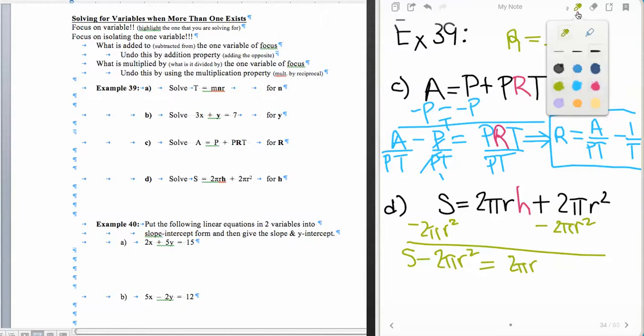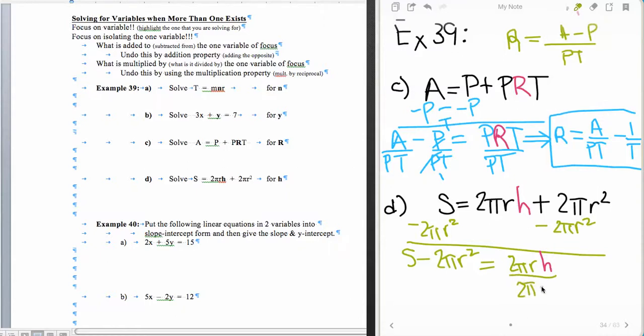And just like I said before, in this case I'm going to multiply by the reciprocal in order to get rid of this, but on the right side, or on the left side, I'm sorry, on the left side of the equation I have two separate terms, so I'm going to divide each single term by this 2 pi r. Not just the whole entire thing, but your book's probably going to show you the whole entire thing. But again, I'm interested in our application for slope-intercept form. Now when I do this, I get H is equal to, and S divided by 2 pi r, that's just going to look like it does, S divided by 2 pi r,